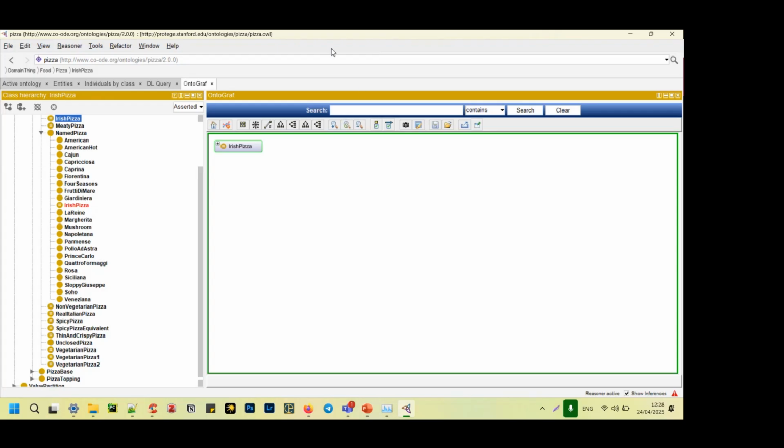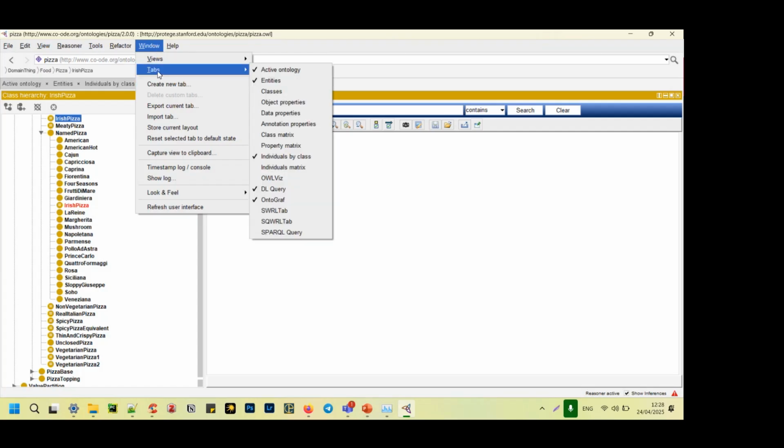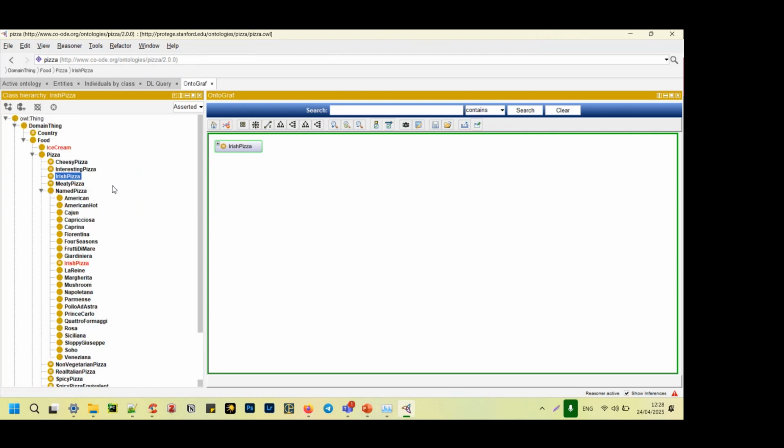Speaking of graphs, I remembered that I wanted to show you something else in Protégé. It has some visualization capabilities. There are different plugins that are pre-installed, and you can choose in window tabs which ones are shown. For visualization, there is OWLViz and OntoGraf. OWLViz never works properly for me, so I prefer OntoGraf. If it's not checked, you can just check it, and it's